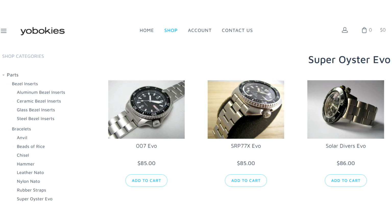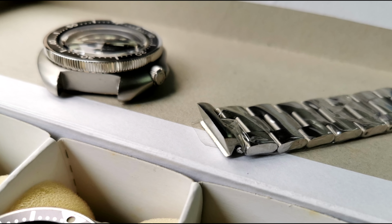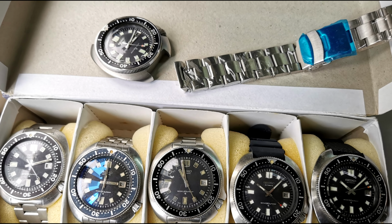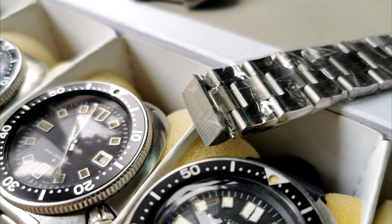No. And then I contacted Harold at Yaboki's. I asked him directly, do you have any Super Oyster bracelets for a 6105? He didn't have them listed in his shop, but he did have one he was willing to sell to me for $118. That was including airmail, so it would have gotten here relatively quick, but as much as it was a really nice Super Oyster bracelet, you know, milled clasp, all the bells and whistles on it, and solid end links,